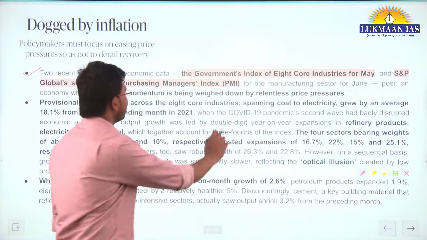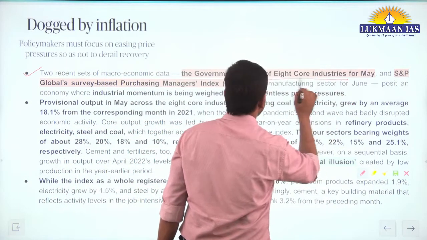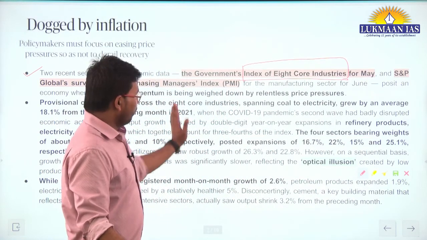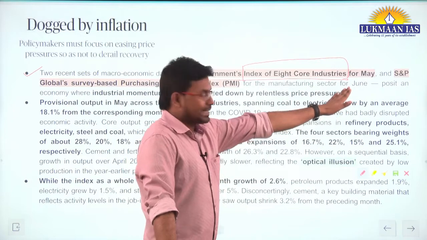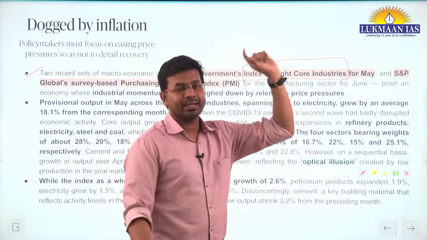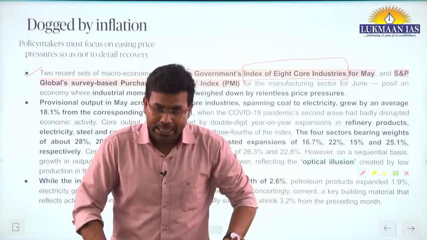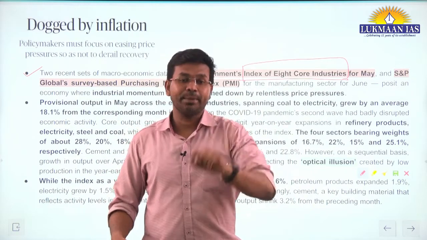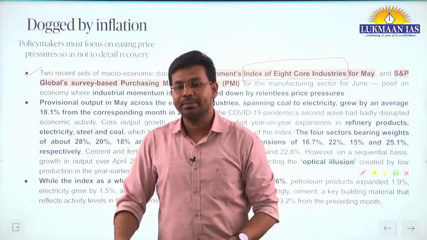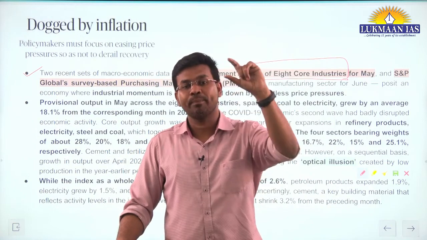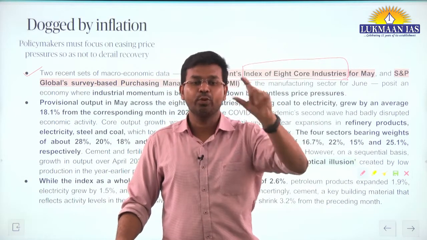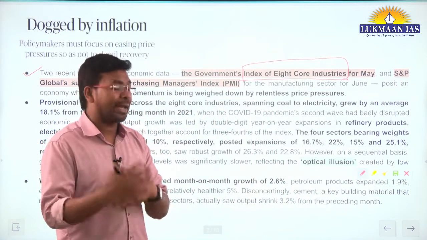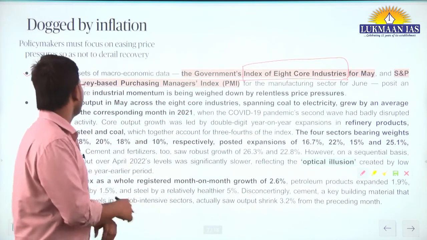One of the data is known as the government's index of 8 core industries. The government of India brings out the index of 8 core industries for the month of May. And Standard and Poor's, an agency located in the United States of America, also has the S&P 500 index. That S&P 500 index tracks the top 500 companies that are listed in the US stock market. And along with this, they also do research on global macroeconomic data. So they have also done research on